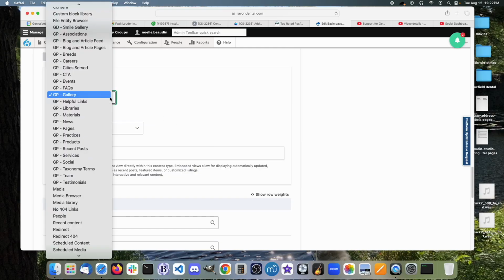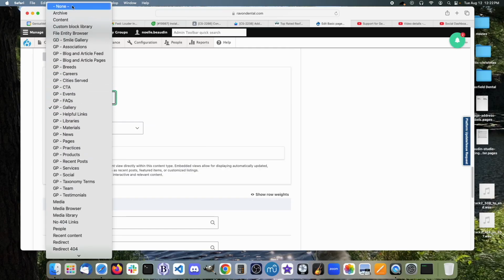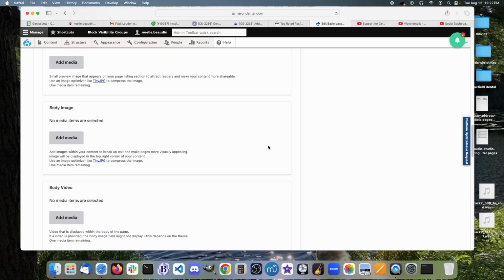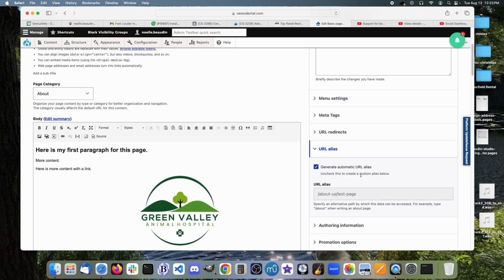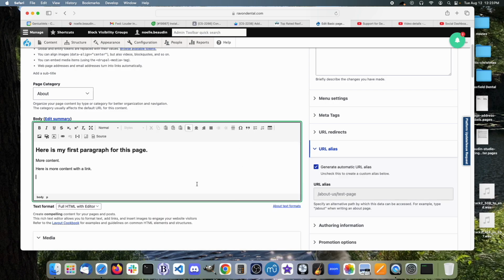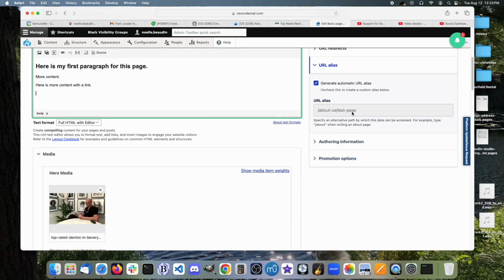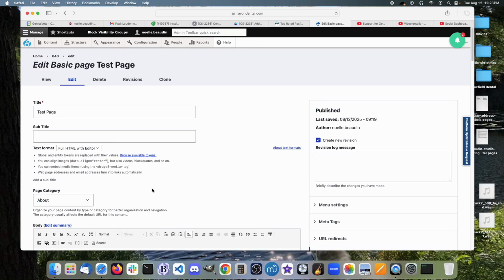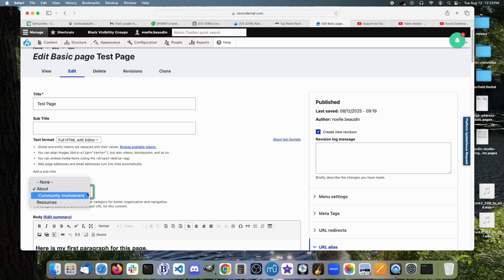So I'm going to select none there so that doesn't show up. You will see, once you're all set with your page, that there is a URL that is automatically generated. Now you'll see that it has the About Us right there. Why is that? That's because we selected the page category with About. If I selected Resources,